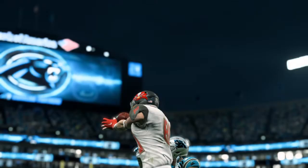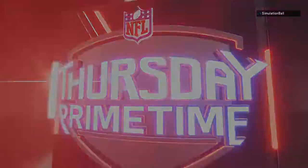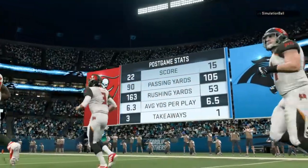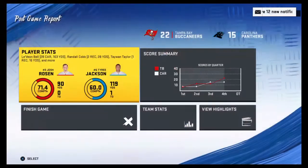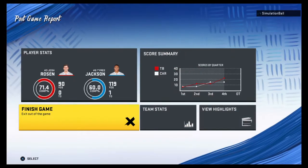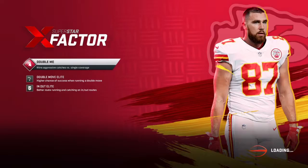The way that you close, the way that you finish, that gets preached to you from the time you're playing Little League football all the way up through. And they closed them out with a big-time performance down the stretch. So for the Bucs, it was a